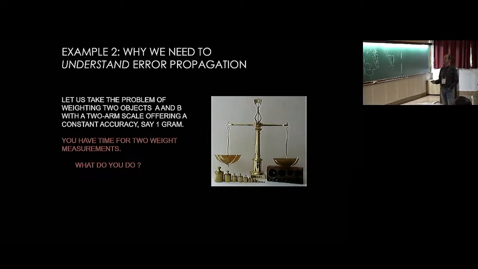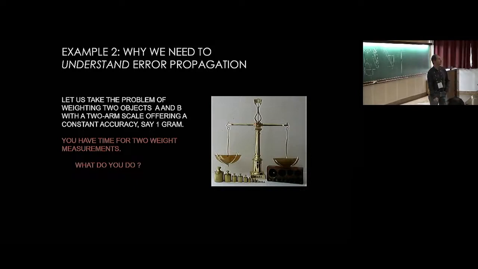And let's say that the smallest of these weights is 1 gram. That means that no matter how you arrange these reference weights, your accuracy of the measurements will be 1 gram. So let's say that it costs you to make measurements. Let's say that you have to give me €1 or 10 rupees, I don't know, for one measurement. And you can only do two measurements because you have two coins in your pocket, and you want to weigh the two objects.